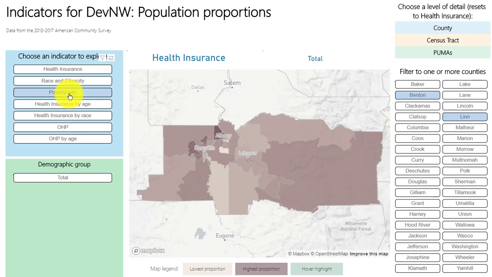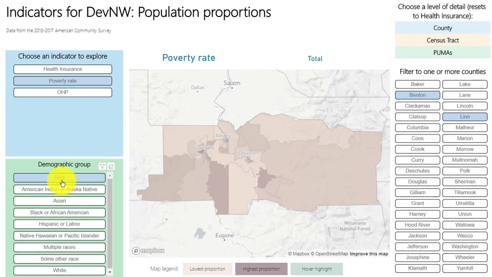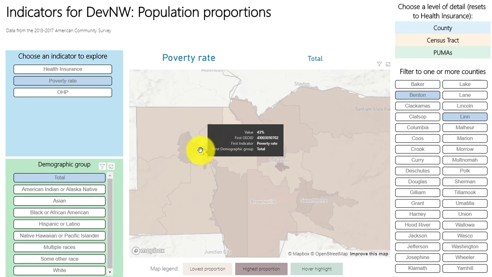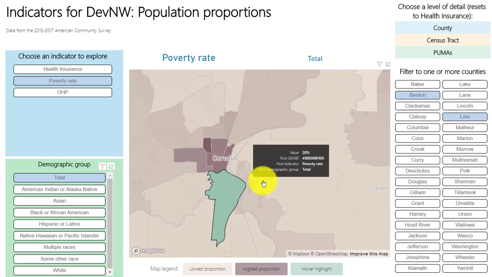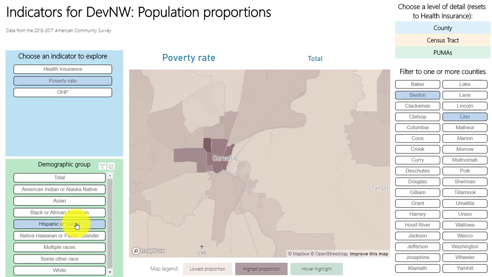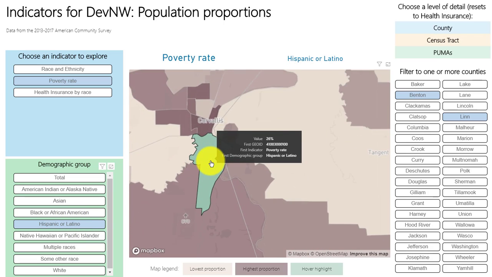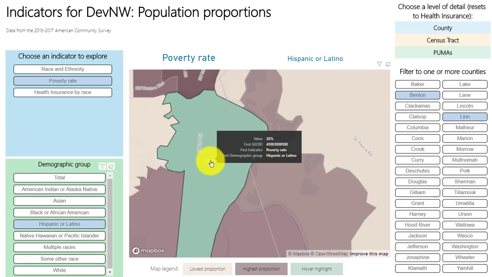You can again choose different indicators, and for this indicator you can pick the total poverty rate. Here in South Corvallis, for example, 20% of people live in households below the poverty line. You can filter to just Hispanic and Latinos, and you can see in South Corvallis 26% of Hispanic and Latinos live in a household